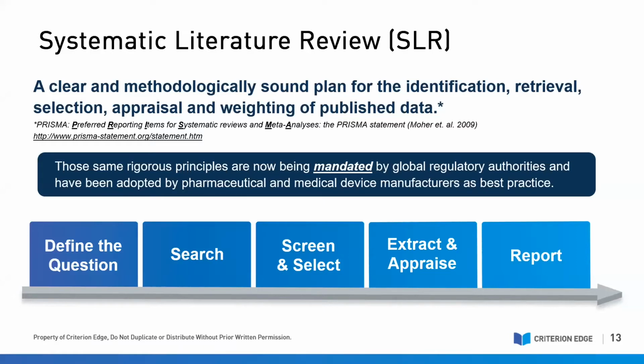So at its core, the purpose of a systematic literature review is to ensure that you have identified relevant scientific data through an unbiased, methodologically sound process. So this is not an optional exercise. Systematic literature review must be included as a part of your SVR and your SOA section,